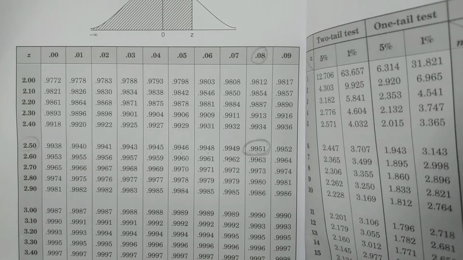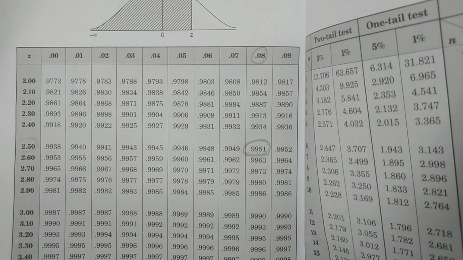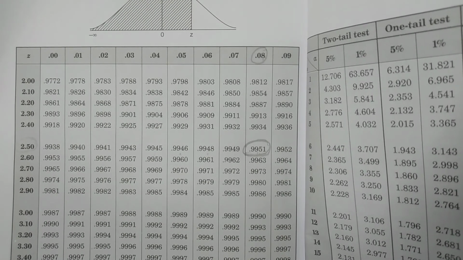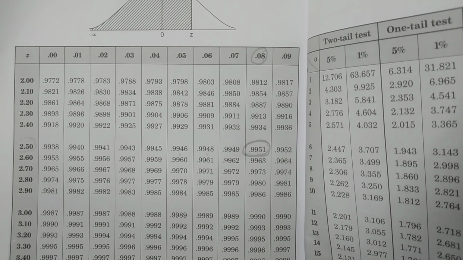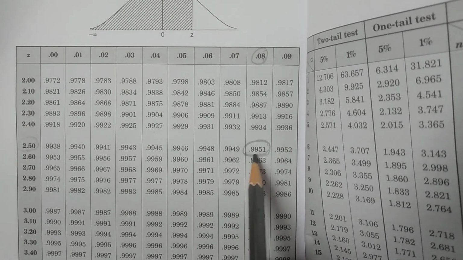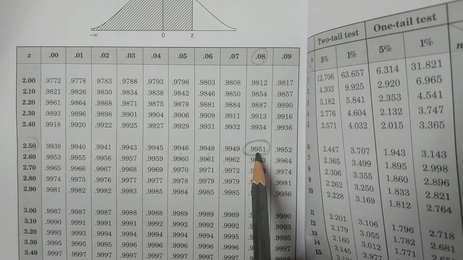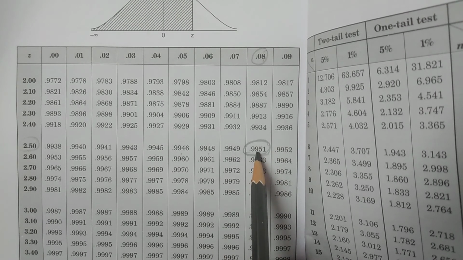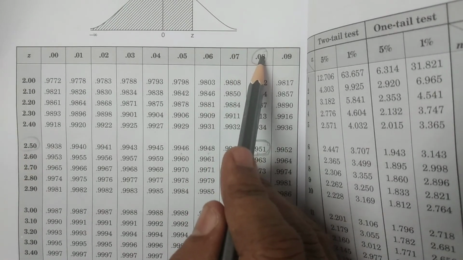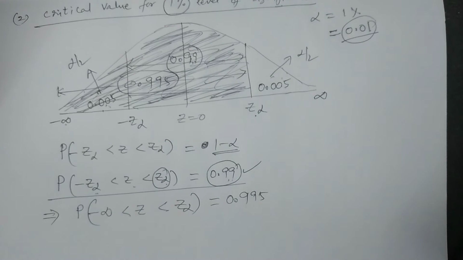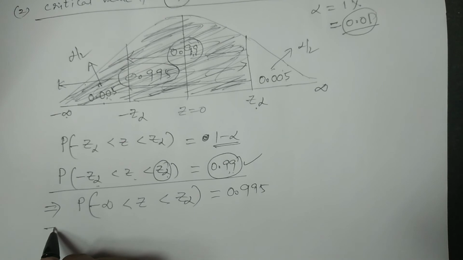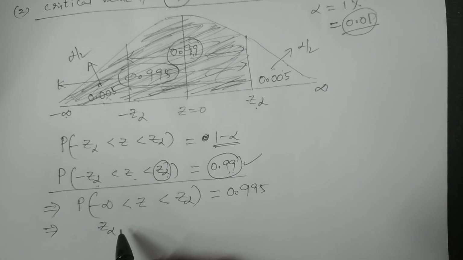Hope you understand, which I can express in this way only, right? I cannot explain any more clearly than this, right? Look, corresponding to this probability 0.995, the value of Z is 2.58, right? So therefore this 2.58 is going to be calculated for this Z alpha from the tables of the standard normal distribution. Z alpha is nothing but 2.58.